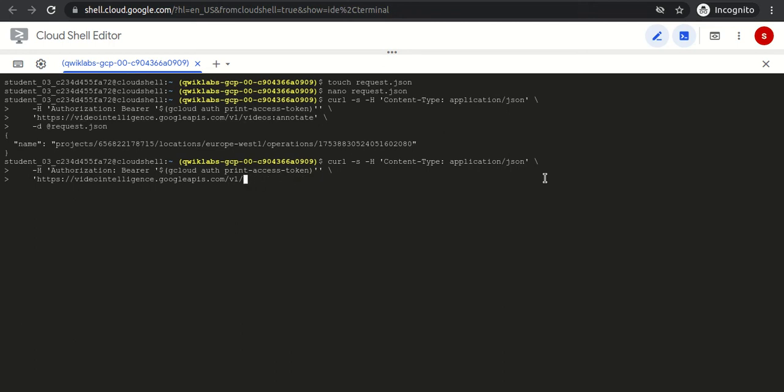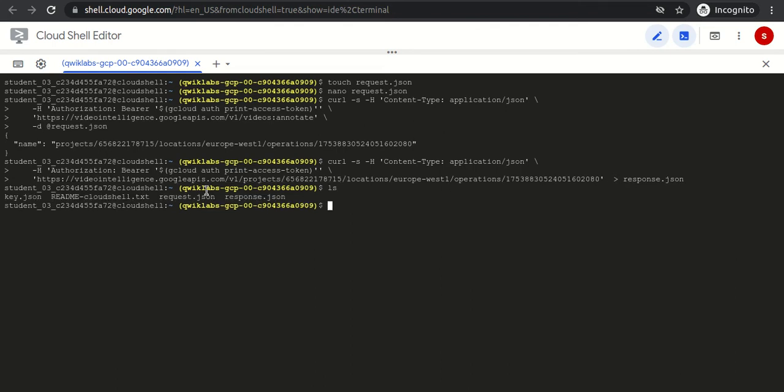Till v1 everything is the same, just paste this and put the quotes. We are redirecting the output to response.json. Press enter. Now we have the output stored in response.json.